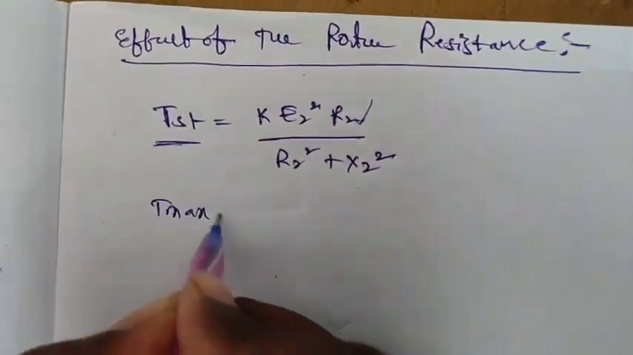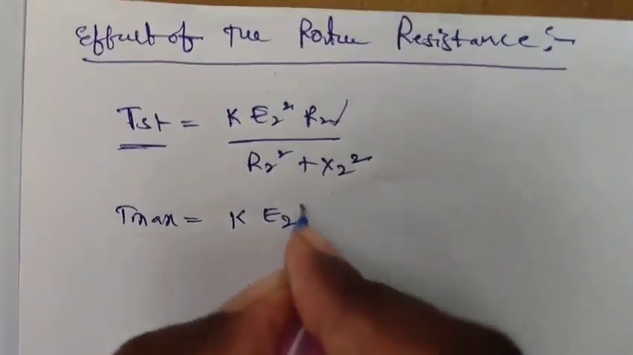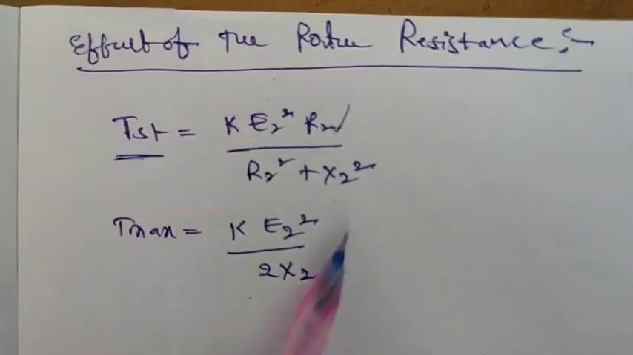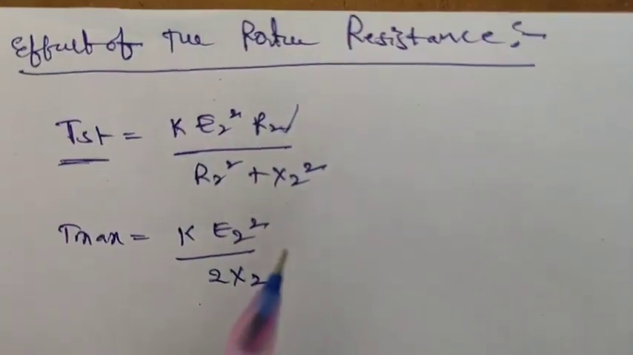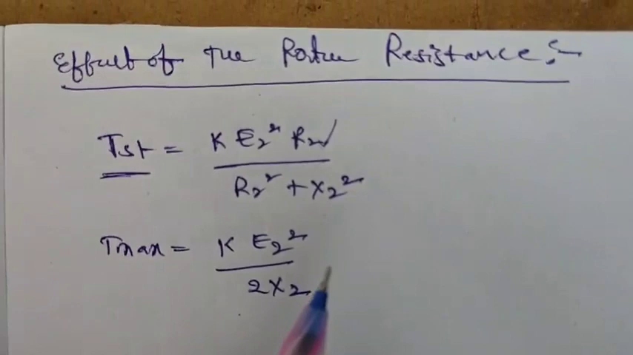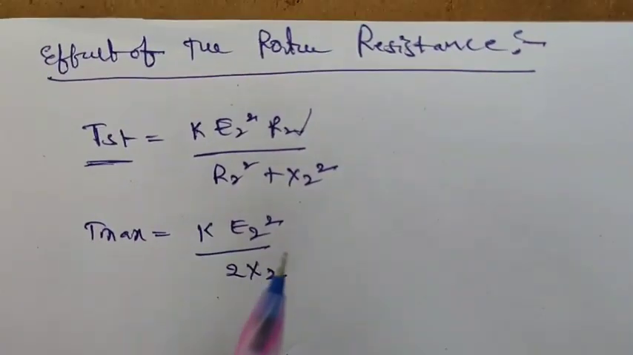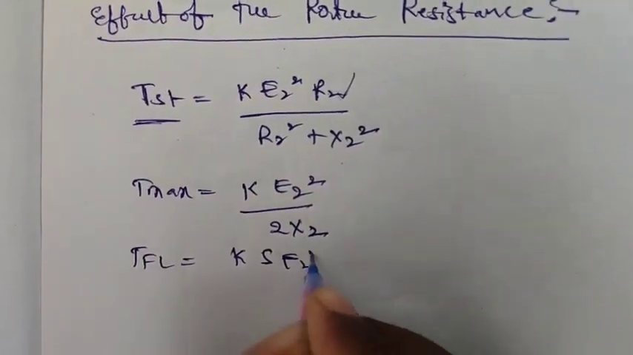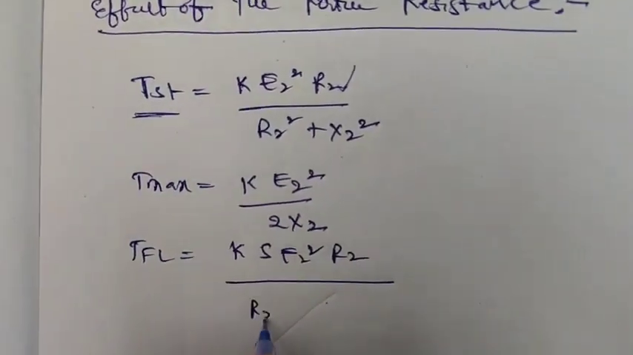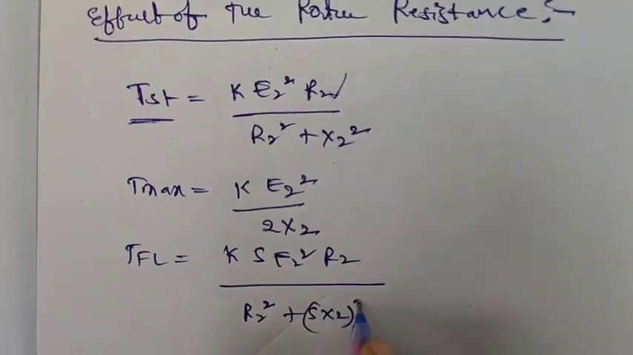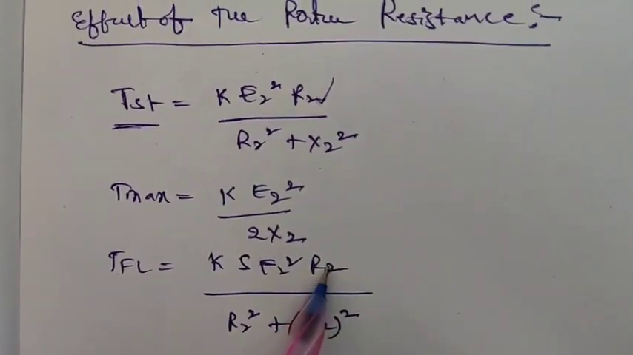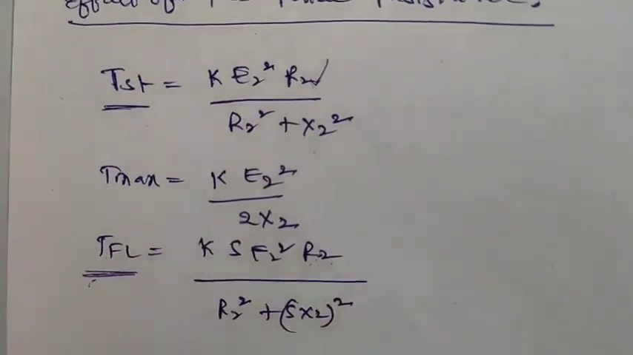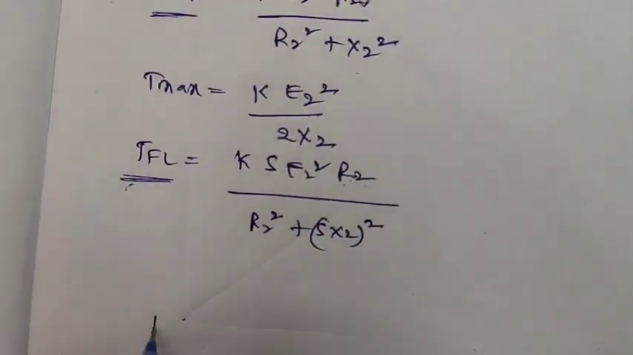So T max equal to K into E2 square by 2X2. In this, is any resistance there? Nothing is there. So the resistance does not affect the maximum torque. This is TFL, that is K into S E2 square R2 divided by R2 square plus SX2 whole square. In this also the rotor resistance is there, so that will affect the full load torque. So we can draw the characteristics